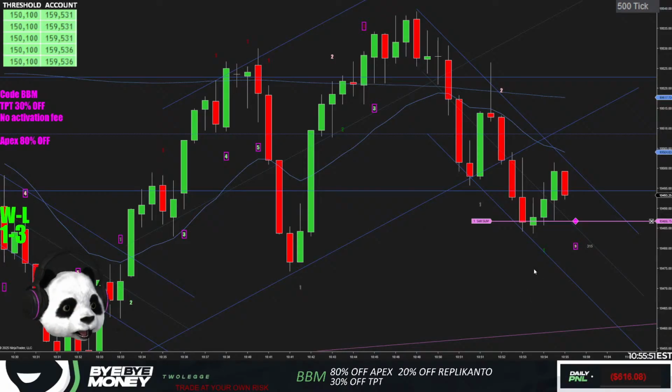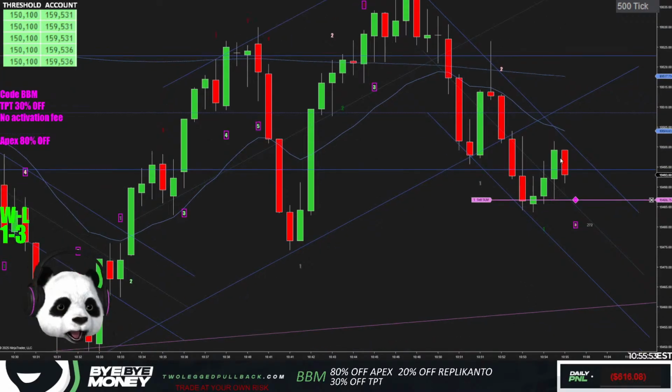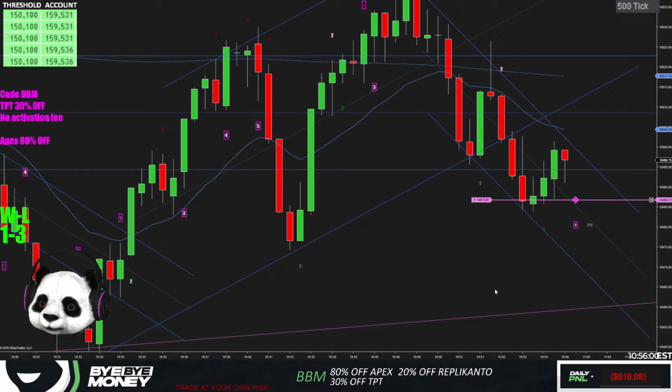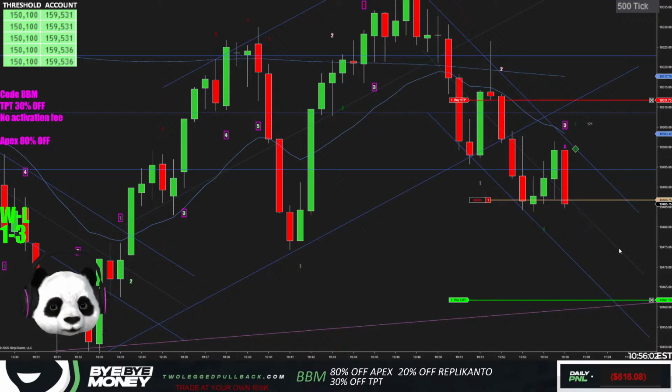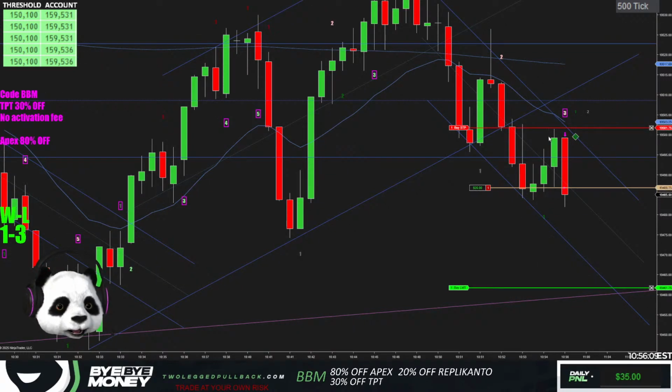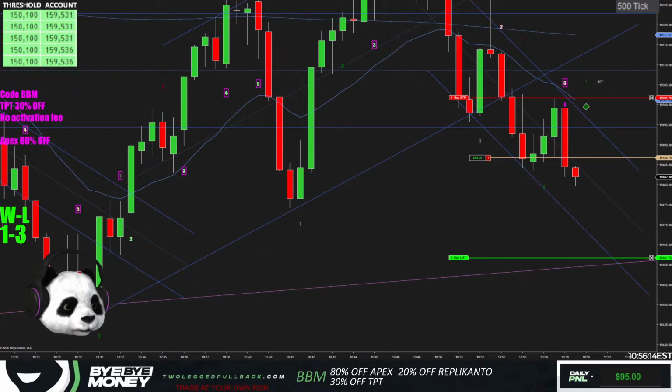It's a bad looking signal bar. Really bad looking signal bar here. It's a bad setup. Bad looking setup, bad signal bar. Fails second entry long though. Maybe get back to this trend line here. We shall see. Let's get a 1-to-1 at least. Let it cook to a 1-to-1.